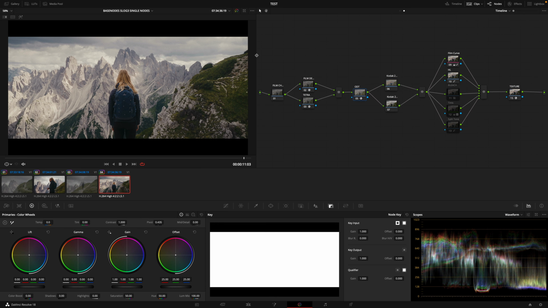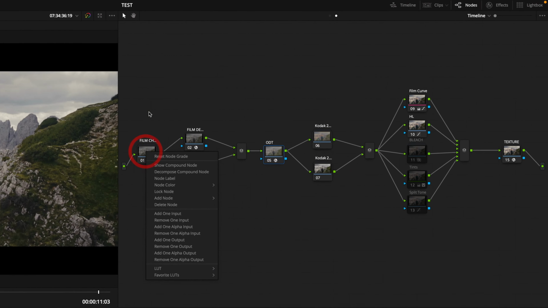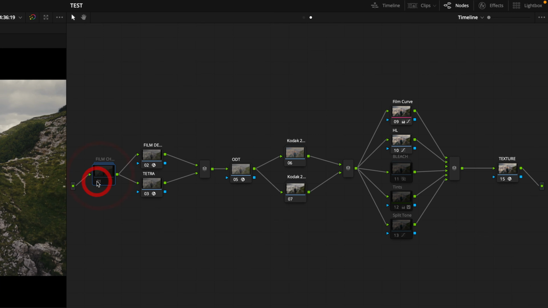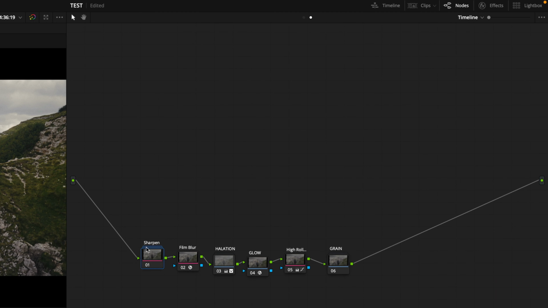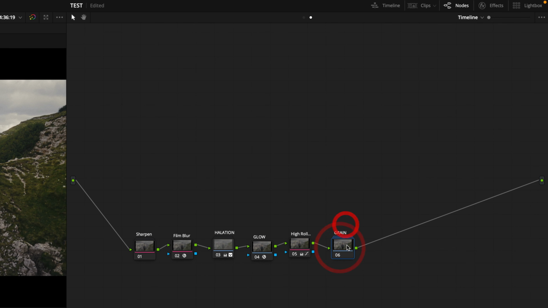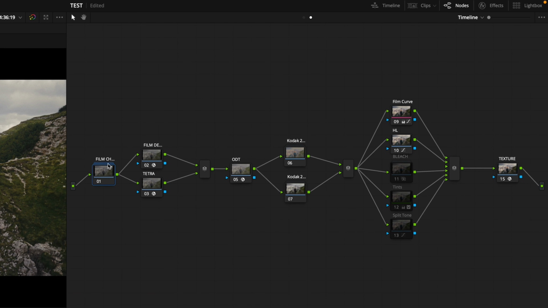Let's go back into the look dev that I came with for this sequence. I'm gonna fly through, sorry guys. So I'm first applying a film node, I call it film character. It's a compound node, so within this node we have a bit of sharpening, a bit of film blur. The main thing is grain. I like to sharpen certain images a bit, and this is not just straight sharpening, it's got a bit of a complicated edge detecting thing, so it's not applying sharpening to the